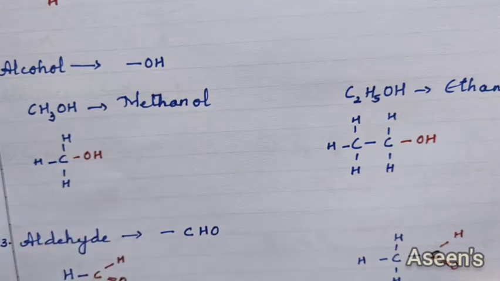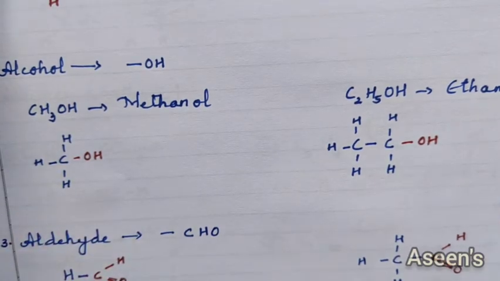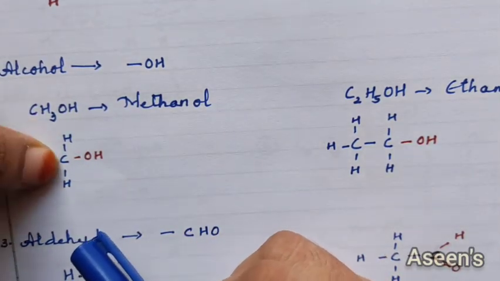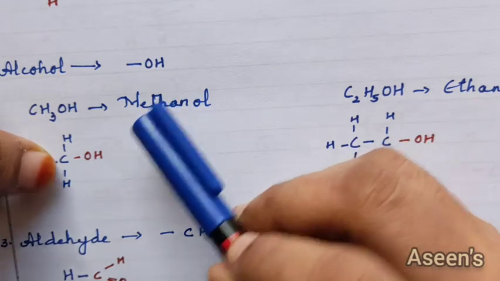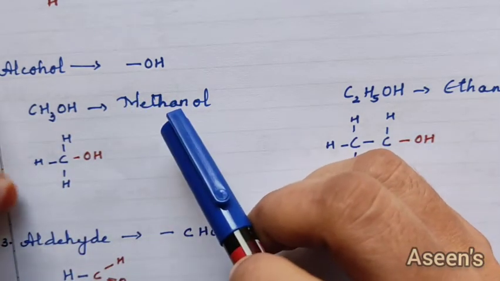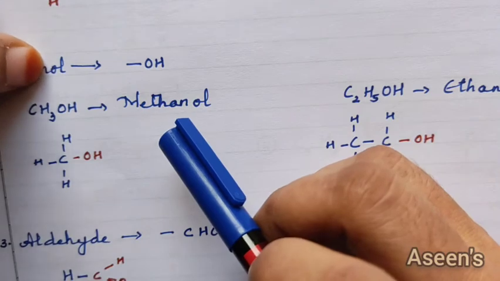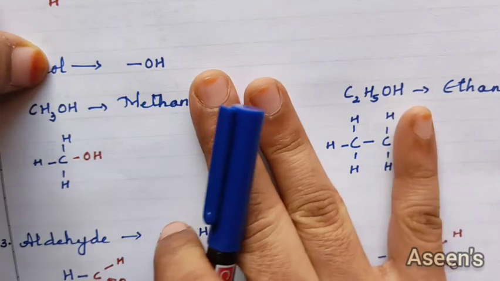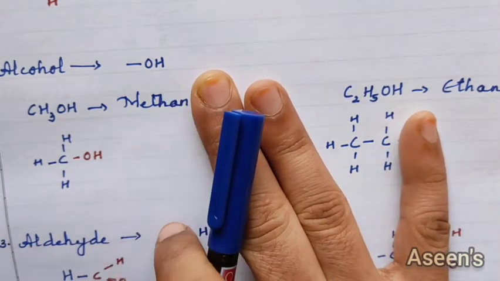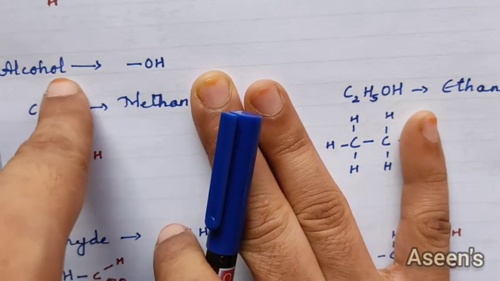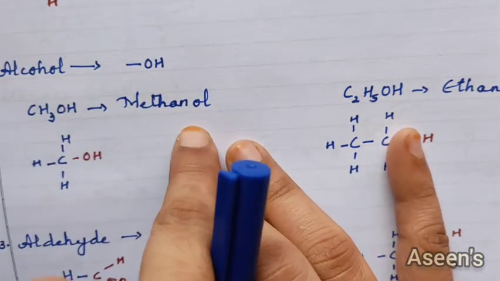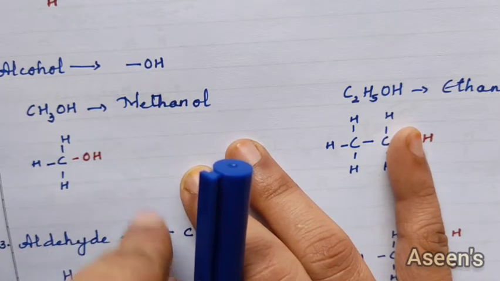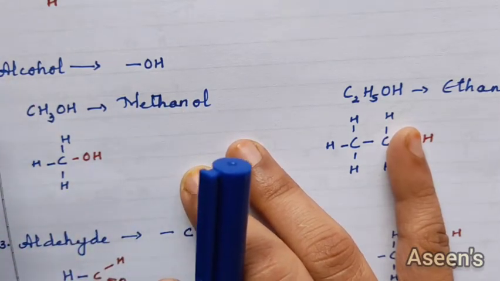Now how to name alcohols? The first step is always the same, count the number of carbon atoms. We have one carbon atom, hence it's going to be methane. No double bond, so methane, but since we have an alcohol, we are supposed to add the suffix OL. Methane we were supposed to have, we are going to omit that E and add the OL, methanol. Similarly, it's going to be ethanol, propanol, butanol. So, the members will go on adding.